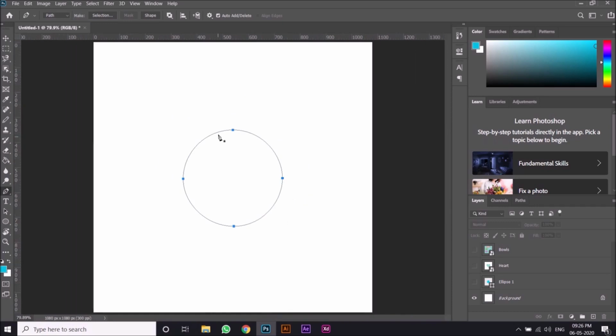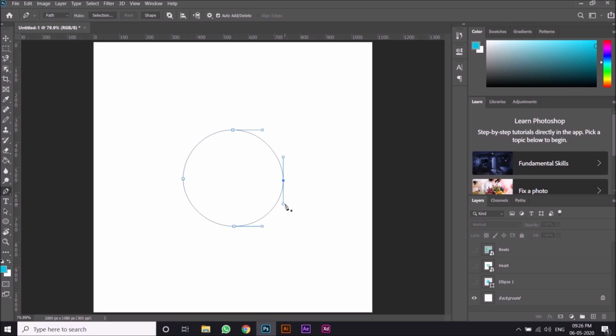Now that I have made this part like a circle, but I want to change its shape or something of that sort, I'll hold Ctrl to convert to the path selection tool, and then just click once on this point, that is the anchor point. As you can see, I am holding the control and I can move this single point. This is how you can change the shapes after making the path completed.